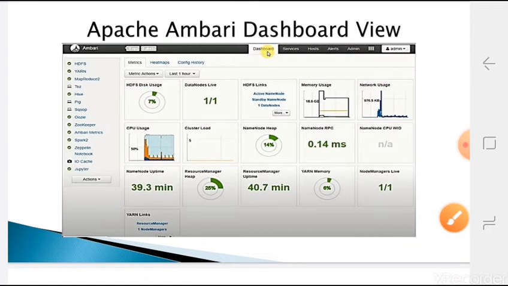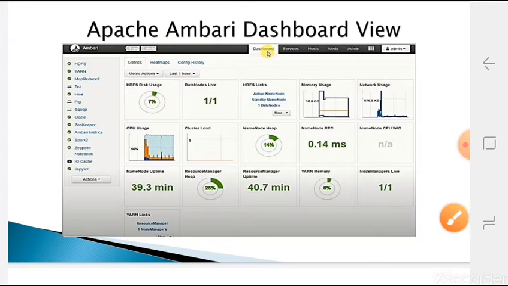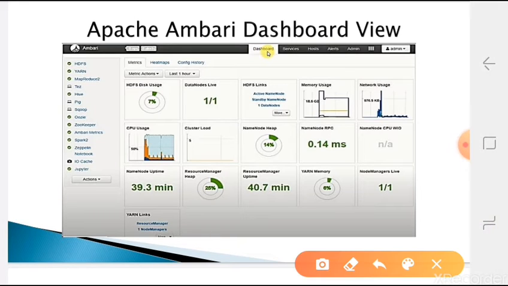So here are the HDFS links, where all it's connected, all those things. What is the memory usage, the network usage, the CPU usage. So this is overall for the Hadoop cluster. When you click on these things, a different window will open, so individually you can see all the things again. Each data node you can check. Suppose you consider the memory usage; here it's showing an overview of the entire cluster, because Ambari is for one centralized view that we are seeing.